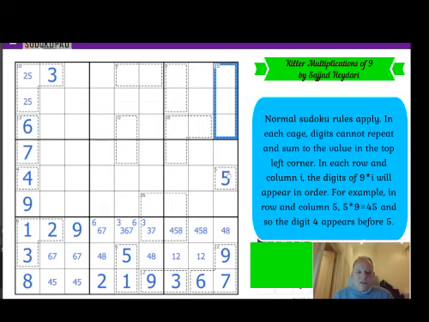Now, 9, 7, and 5 have gone, which are all the high odd numbers, but this cage needs either 1 or 3 odd numbers. Well, it can only have 1 now, and that 1 is either a 1 or a 3. So it's either 8, 1, 6. Oh, this can't be an 8 because it would not come before the 1. So it's either 816 or 3, and there's no way to fill that with the others. Can't have 9, 3, 5, 7 or 8, 4. So it is 816. This can't be a 6 because of the grid. 8 must come before 1, so that can't be 8. That's the 1.